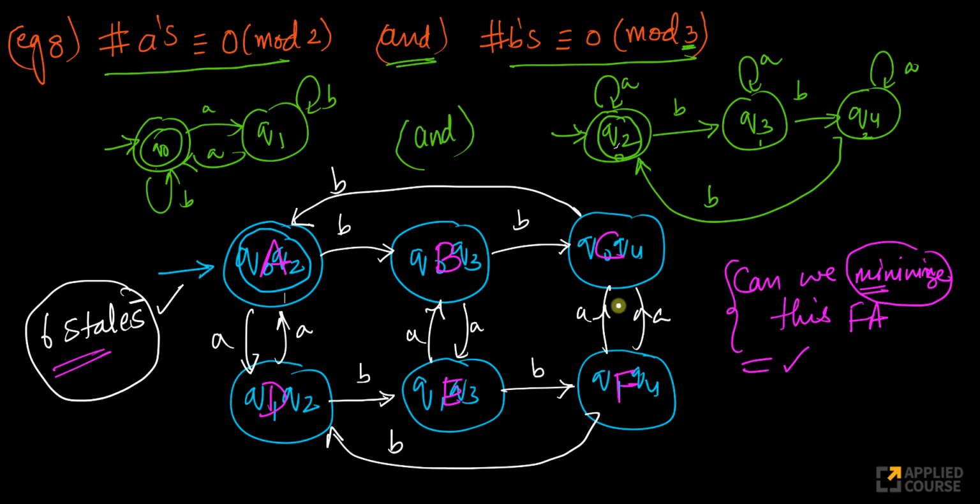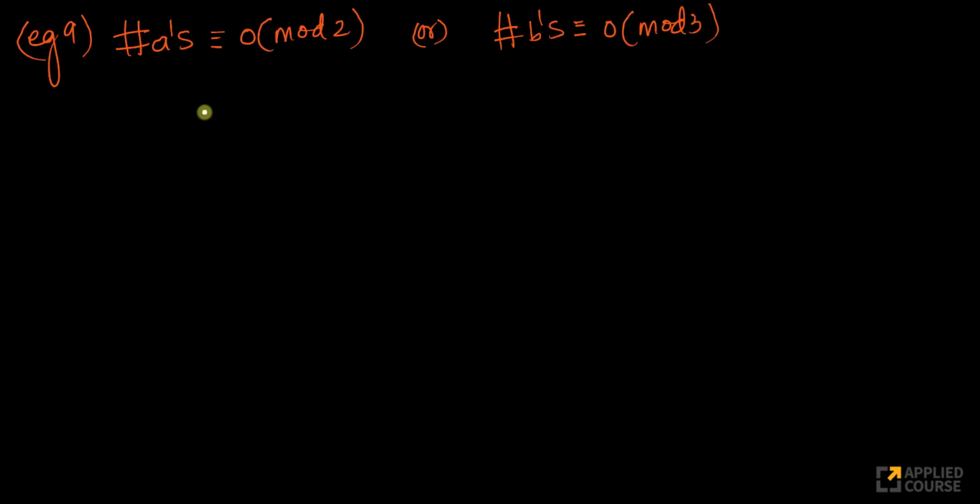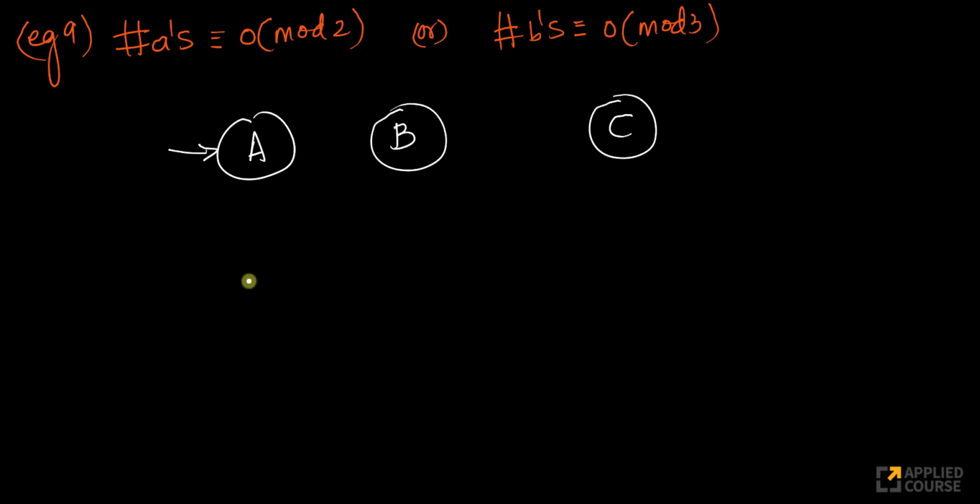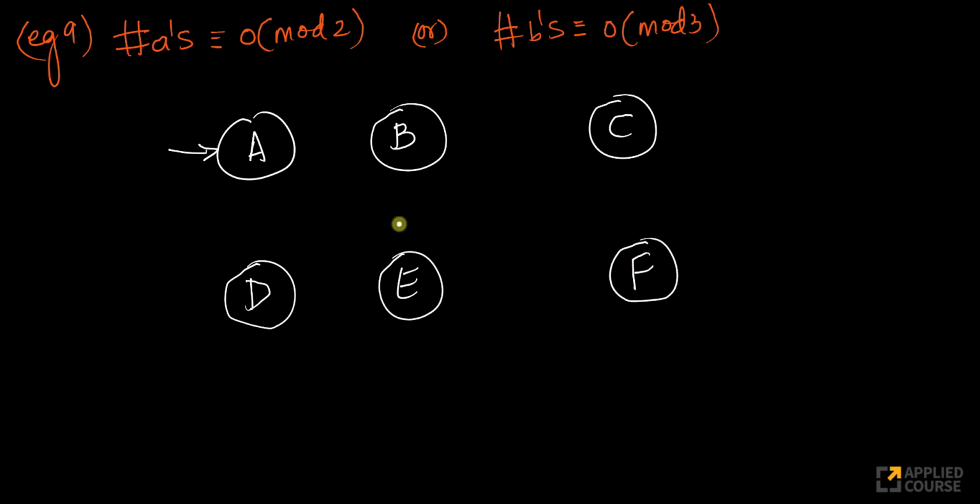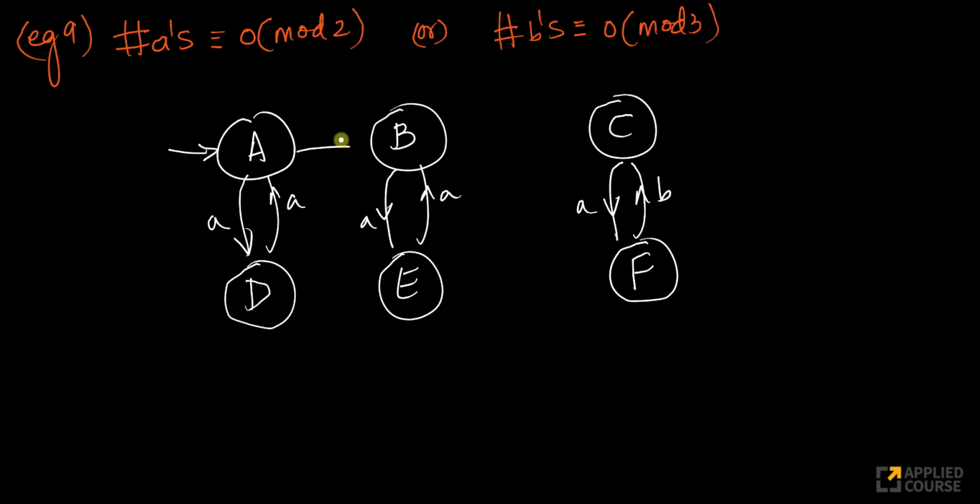Let me just draw this diagram quickly and then we'll come to it. How would that diagram look? My A will be here, my B will be here, my C is here, my D is here, my E is here, my F is here. What are all the transitions here? My A here, again A here, same diagram. I almost know it by heart now. Transition B,